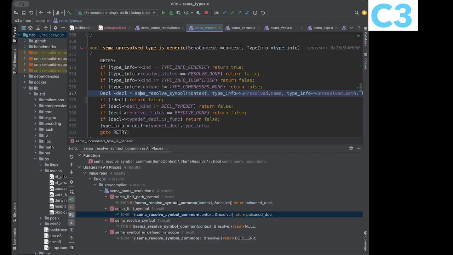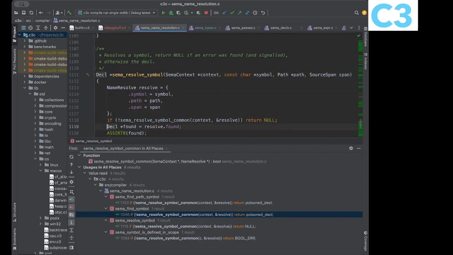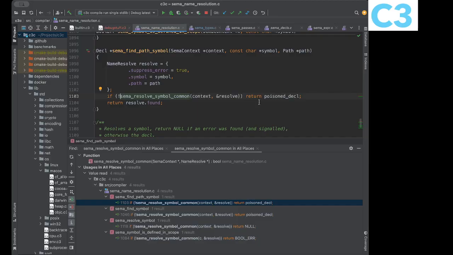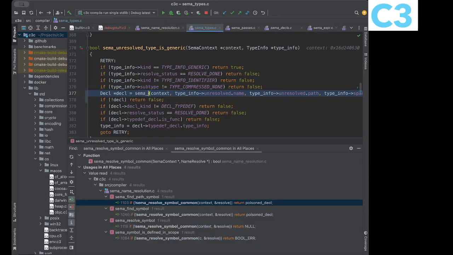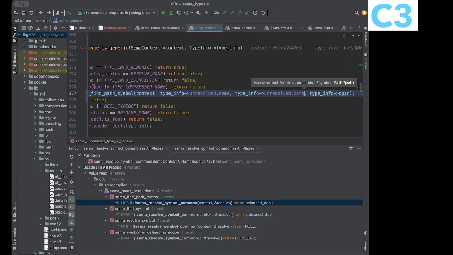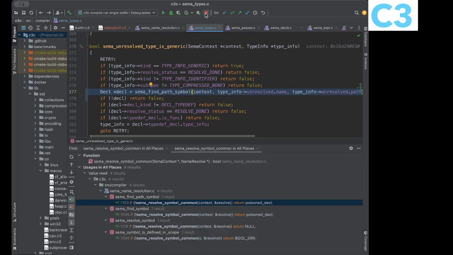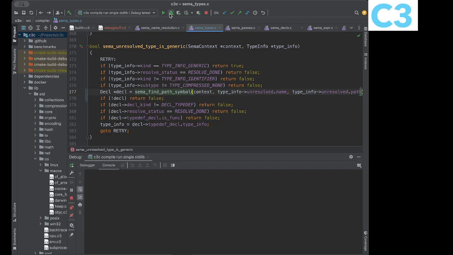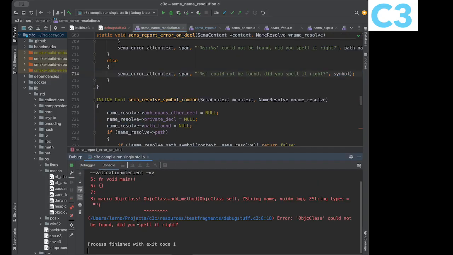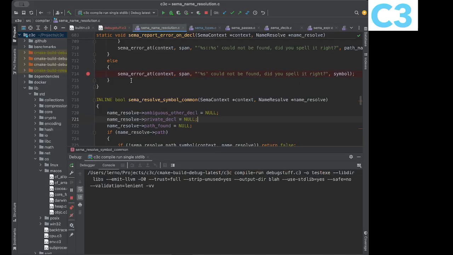So we might have, okay, find path symbol. So Sema find path symbol. Now we get the path. We also get the span. Oh yeah, because it's an error. It has to handle the error, but we don't need to do that now. So it's like this, and I just get one error now. Okay, but the problem is this. We can just stop it here. So almost